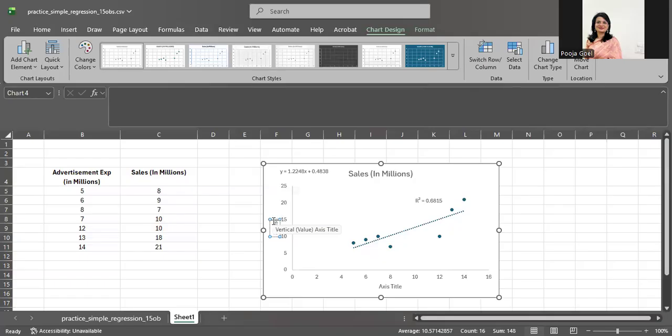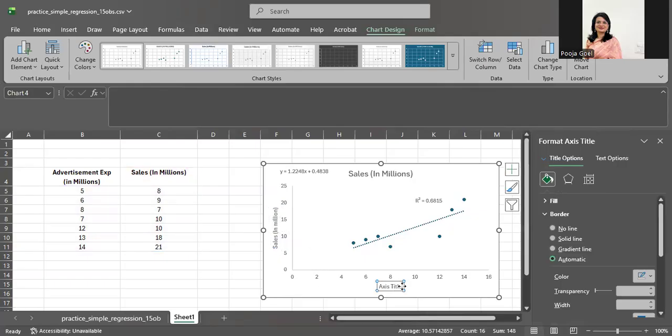And then on the x-axis, you have the data regarding advertisement expenditure, and again, this is in million.